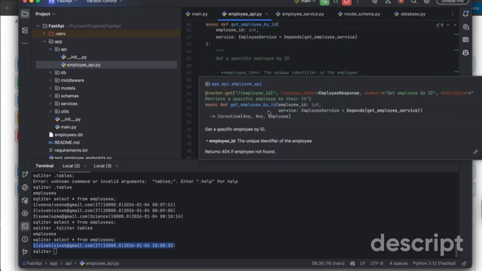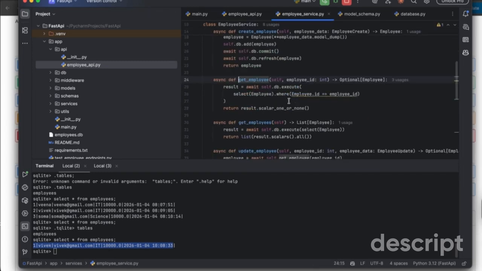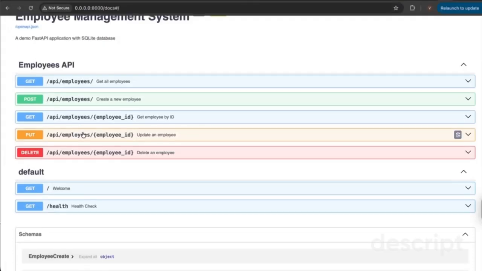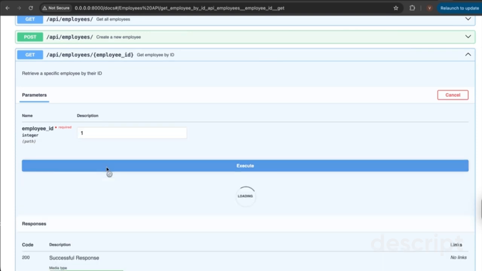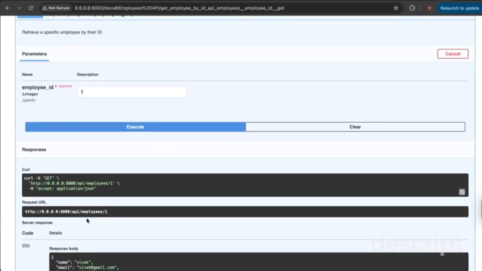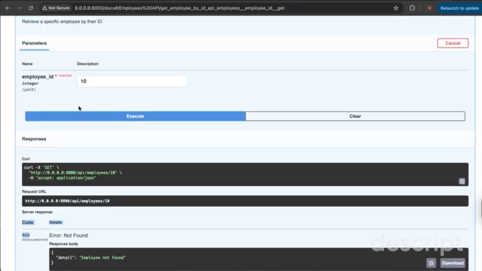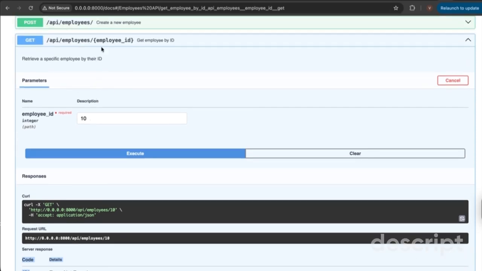And then when you click on this particular employee, you will be able to retrieve the information from the database. If the ID matches, then it will display the results. If the ID doesn't match, it will return null. And then in your control layer, if no employee object is received, then we display the status as employee not found. If the employee is found, we will return the employee object. So let's test that. Let me give an ID as 1. This was the object that we created, hence let us try an ID which is not present. Now we get an error saying not found. And this is about getting the employee details.